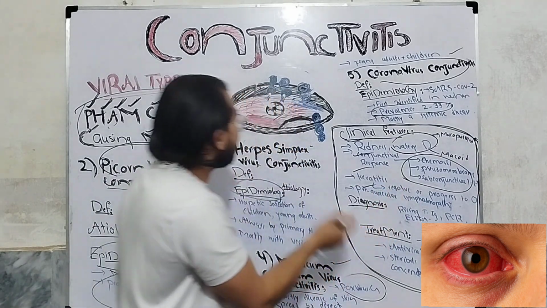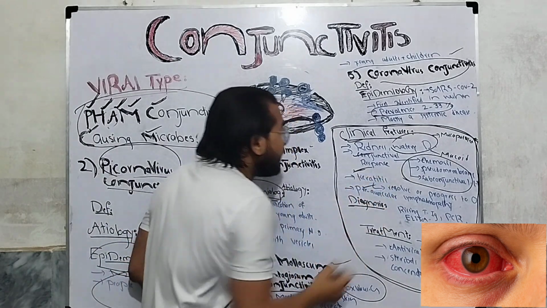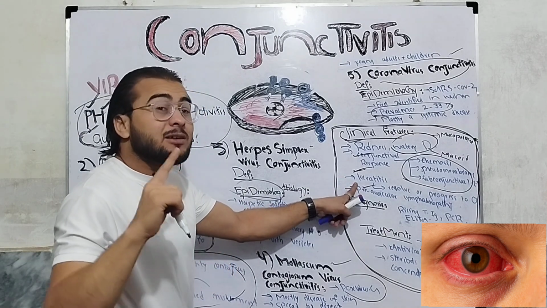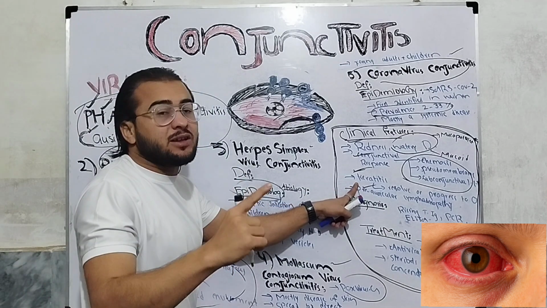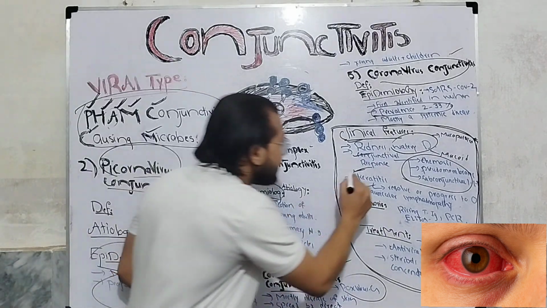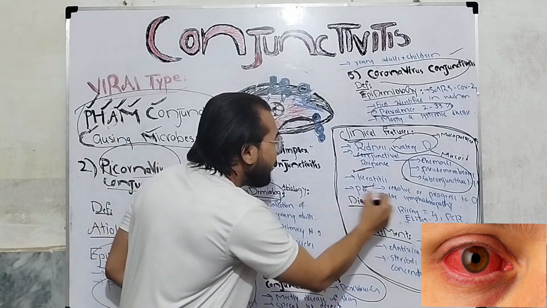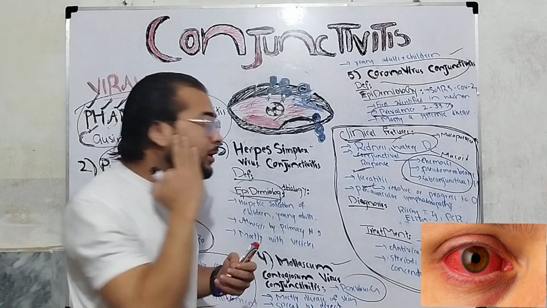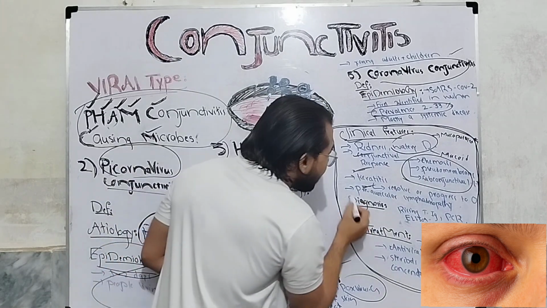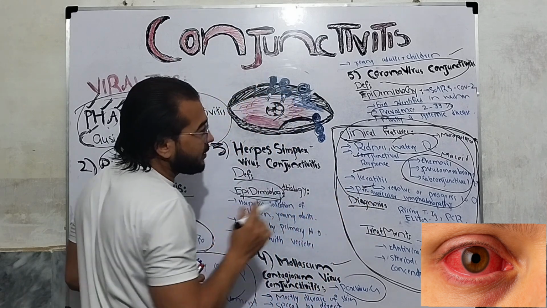We will have keratitis, the inflammation of the cornea. Remember, in adenovirus we discussed that keratitis occurs in 80% of cases, but in other viral conjunctivitis the percentage may be different. But there will be keratitis. We will have pre-auricular lymphadenopathy; the pre-auricular lymph nodes will also be involved. So these are the clinical features which are similar in all these viral types of conjunctivitis, with the exception of